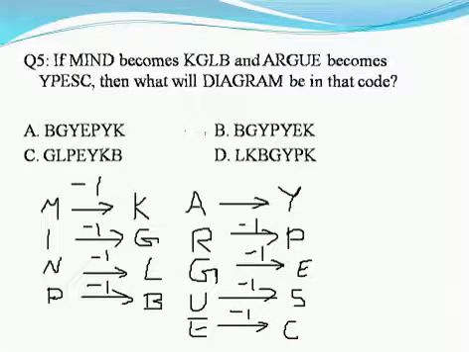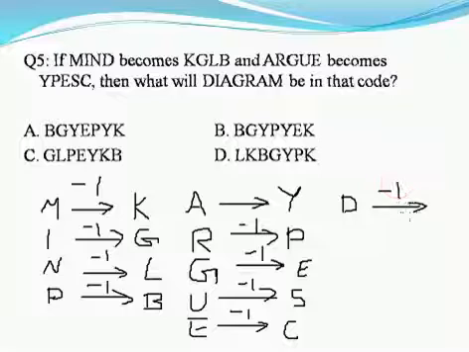So we'll check with the options here. Diagram will be coded in which code? So D, I have the first letter. Our key is minus 1. So D, which letter should we get so that it gives a minus 1 here? B, C and D, like that. So the first letter should be B. We have the A option and B option both. So C and D are ruled out in the first letter itself.